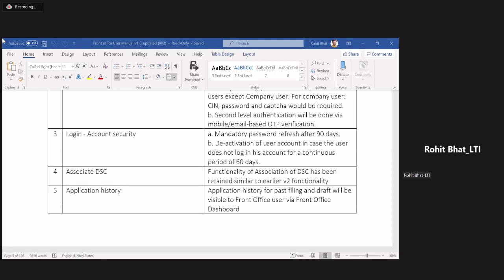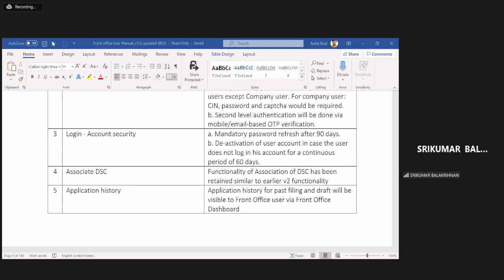As of now, there's no need to say, okay, I have a DSC in V3, and now I want to separately have it in V2, or vice versa. There's a backend job that will make the sync between the two and will make sure that DSCs are being synced. So we received many questions on that.